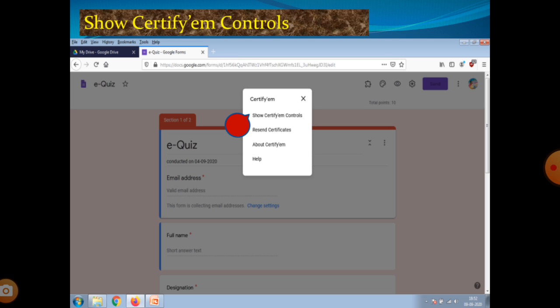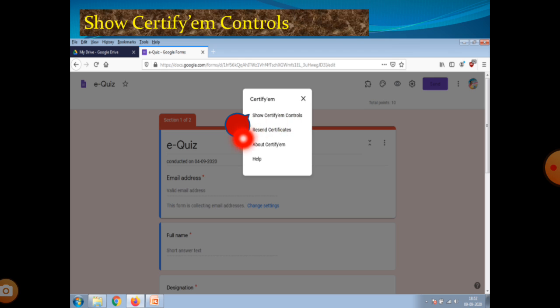If we first start the certificate generation using the add-on Certify AM, we click Show Certify AM controls. Then there is resend certificates. If some certification is turned off and certificates are not sent to the participants, we click resend certificates and can check whether they are going to be sent or not.